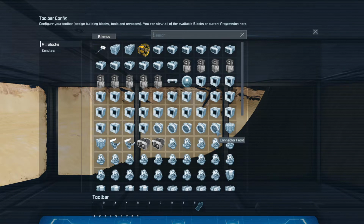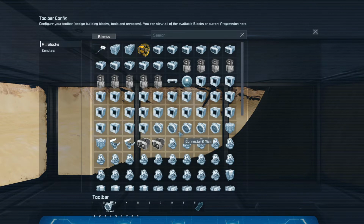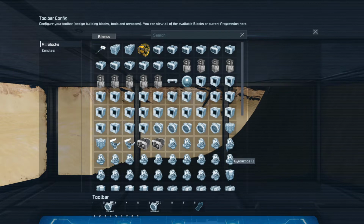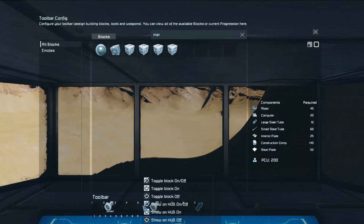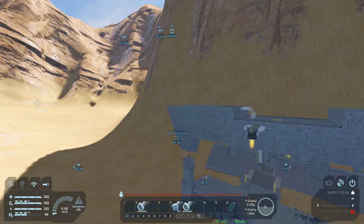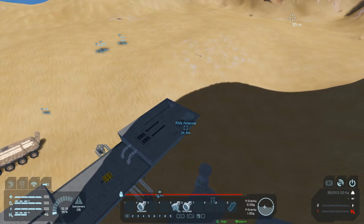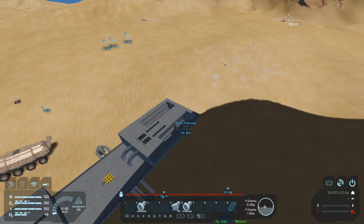Good. The front one will be this, and the main one will be here. I want to put the merge block, because this time we will work with the merge block, and then we might have to figure something out, because I brought in a mod that is able to rename my grids. One thing that I don't like about the merge blocks is that they rename your grids when you...